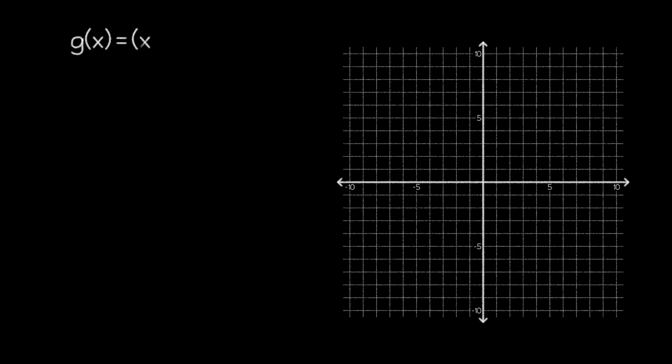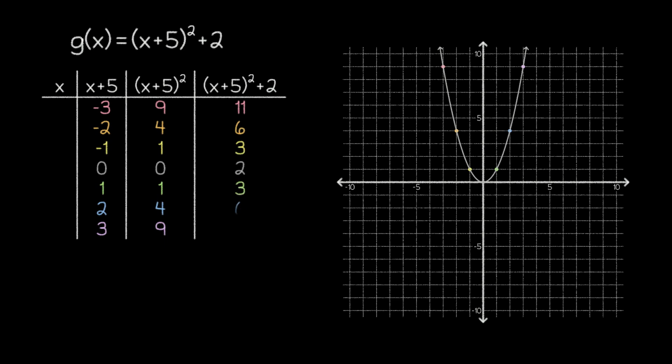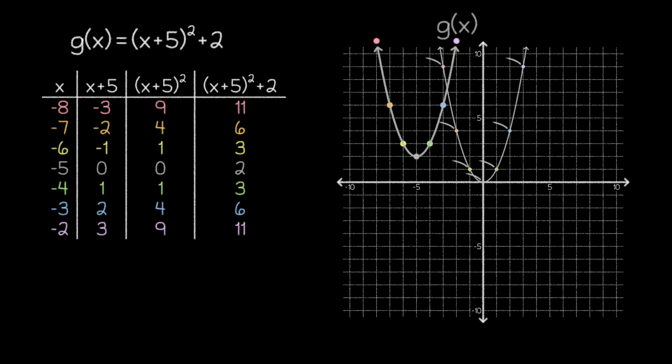For our next function, let's consider a different g defined this way. We'll once again start by graphing the parent function and making our extended table of values for g. Then, we'll fill in our key values and complete the table, moving to the right and to the left. This gives us these key points, which we can complete with this graph. Now, the way that this graph was transformed from the parent function shouldn't come as a surprise. But let's take a moment to think specifically about how these translations affected the vertex of the parabola.